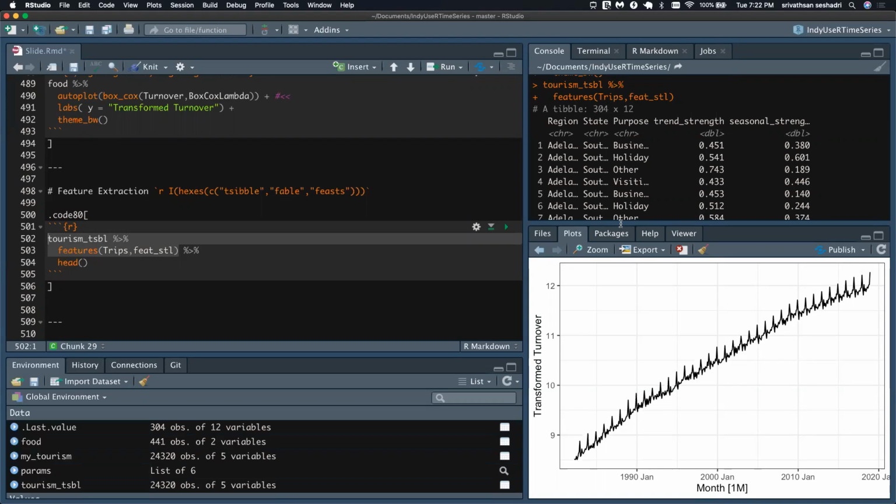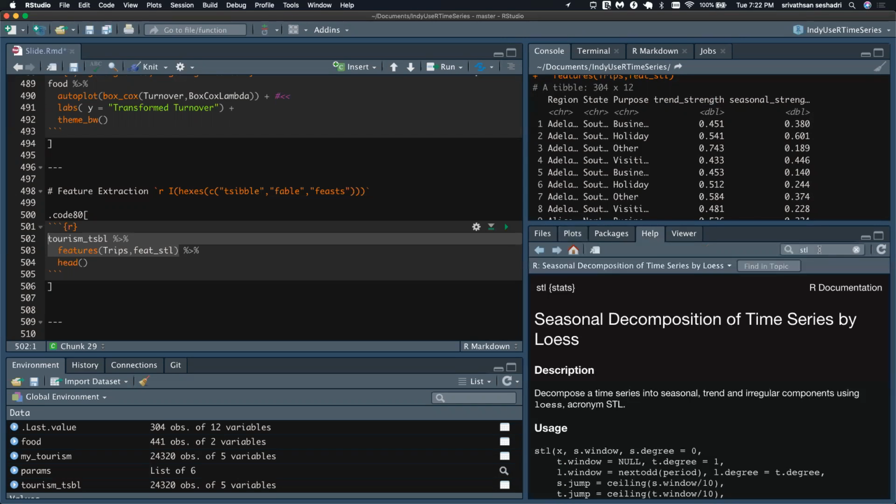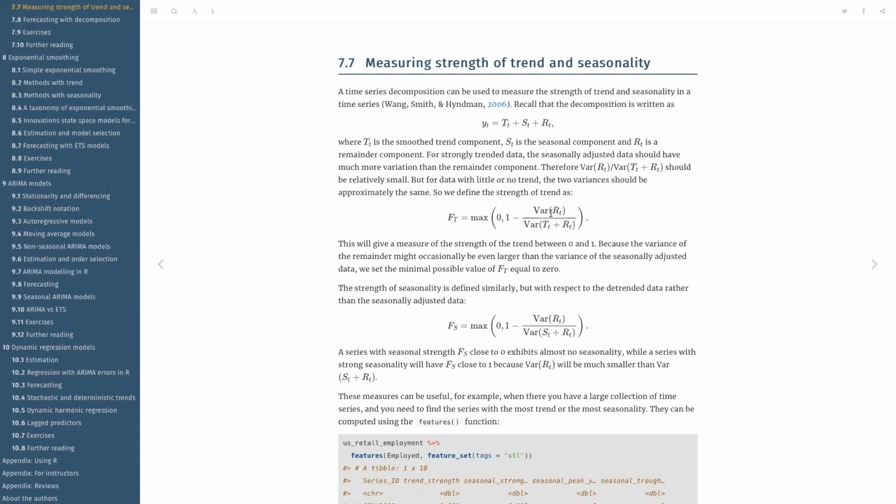For every time series, it has given you I think nine metrics, 12 minus 3. It has given you seasonal strength, how trending that time series is. It's a score of 0 to 1. I'll give you a quick example here. When you decompose a time series, you can decompose it invariably into 3 components.